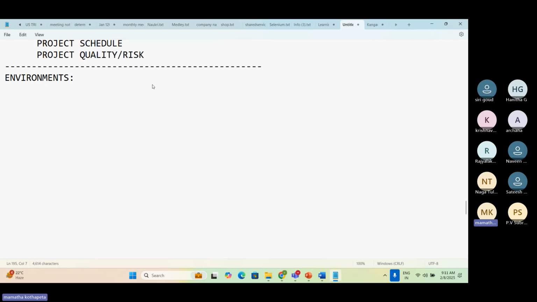Now please understand, you see the word environments. This environment is something where it matters a lot. For different team members, there will be different environments. For example, the developers will do the coding. Developers will develop the application. So where will they be doing the development? The companies will have different environments. So what they do, they provide a development